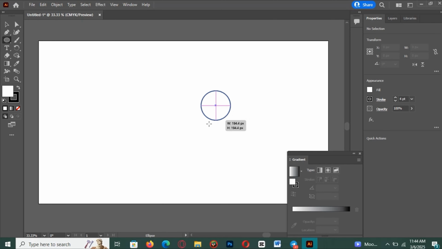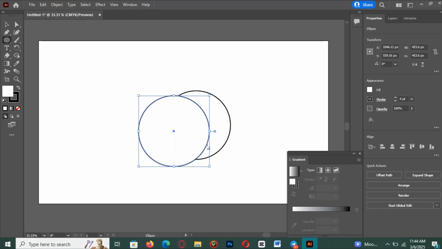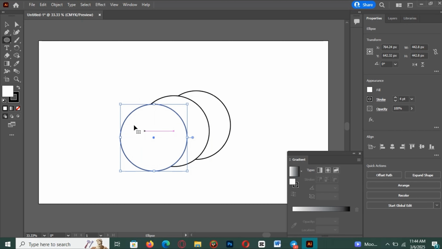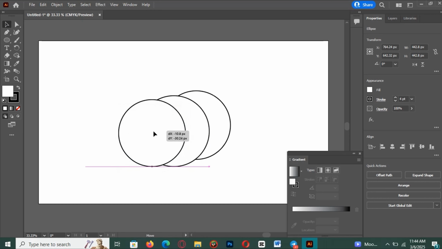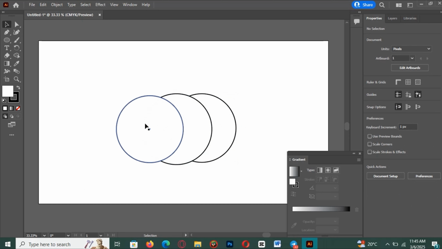Hey everyone, if you've ever struggled with creating clean, professional-looking designs in Illustrator, the Shape Builder tool is about to become your new best friend. Instead of messing around with complicated Pathfinder options, this tool lets you combine, subtract, and refine shapes effortlessly, making your workflow smoother and faster. Whether you're designing logos, icons, or illustrations, it's a simple way to get precise results without